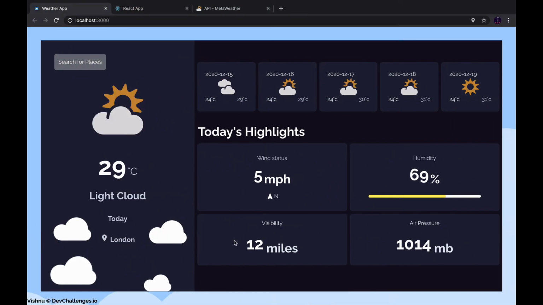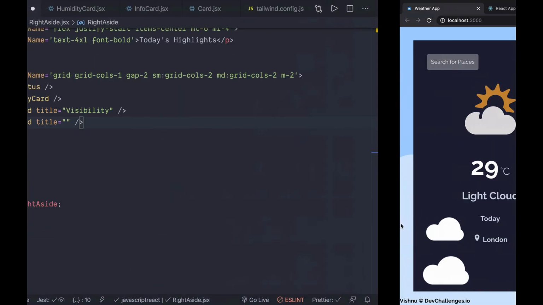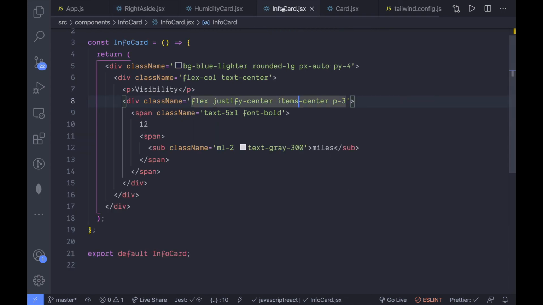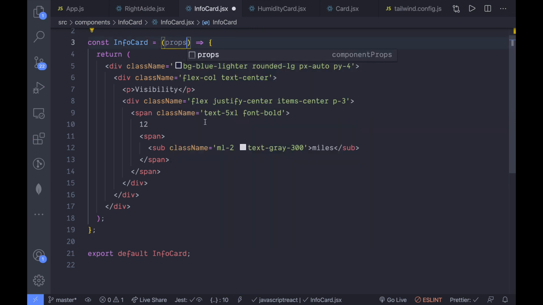So these titles are right here, air pressure. So save this, go back to the info card, and let's just get the props. This is called object destructuring. We are destructuring the title from the props, and we can also go like this. If you take the props directly, here instead of visibility we can say props dot title.